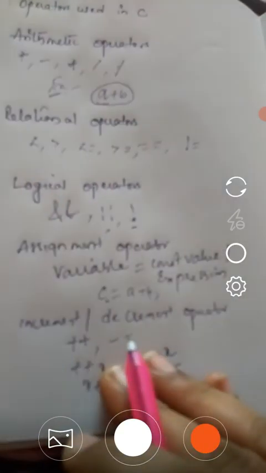It takes only a single operand for performing the task. And the next type of operator is the conditional operator. We can also call the conditional operator the ternary operator. C has a very powerful and convenient operator that can be used to replace certain statements of the if else form. The ternary operator, the question mark operator, takes the general form.